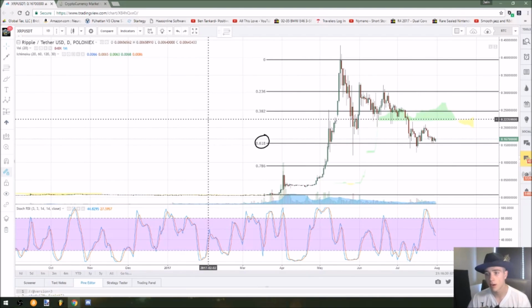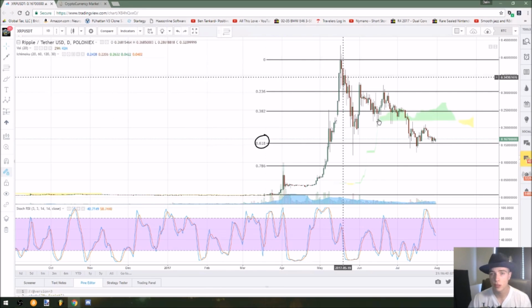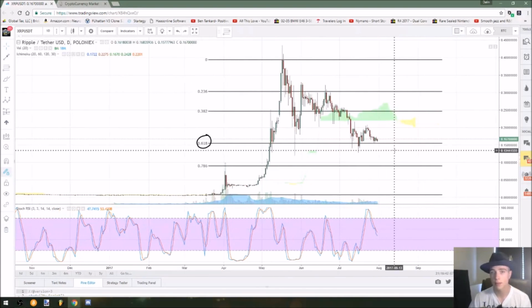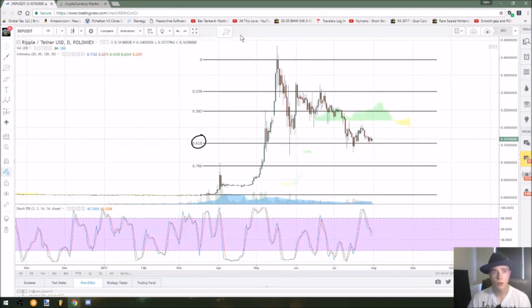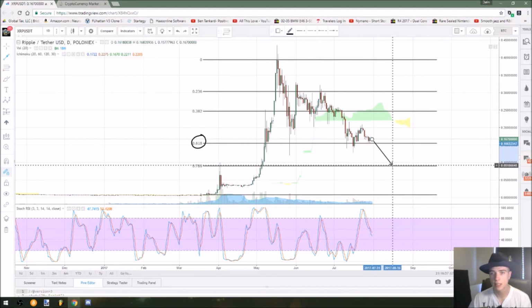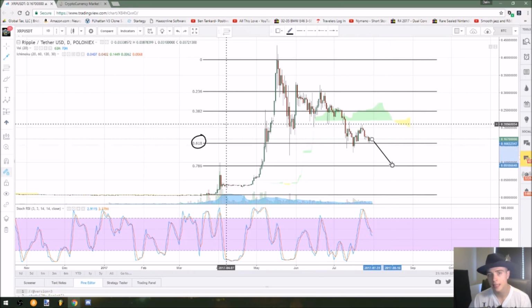I think there's a lot of hype in crypto market cap and just crypto in general, and I don't really see the buyers dying out for long. If so, the longest I see them holding off is like mid-September, October. Even if we do break bearish, I think that the market capitalization will go parabolic again soon. So what I'm looking for here again is that breakout in either direction. If we break bearish, I would suspect a move down towards the 786 Fibonacci, or closer to 9 and 10